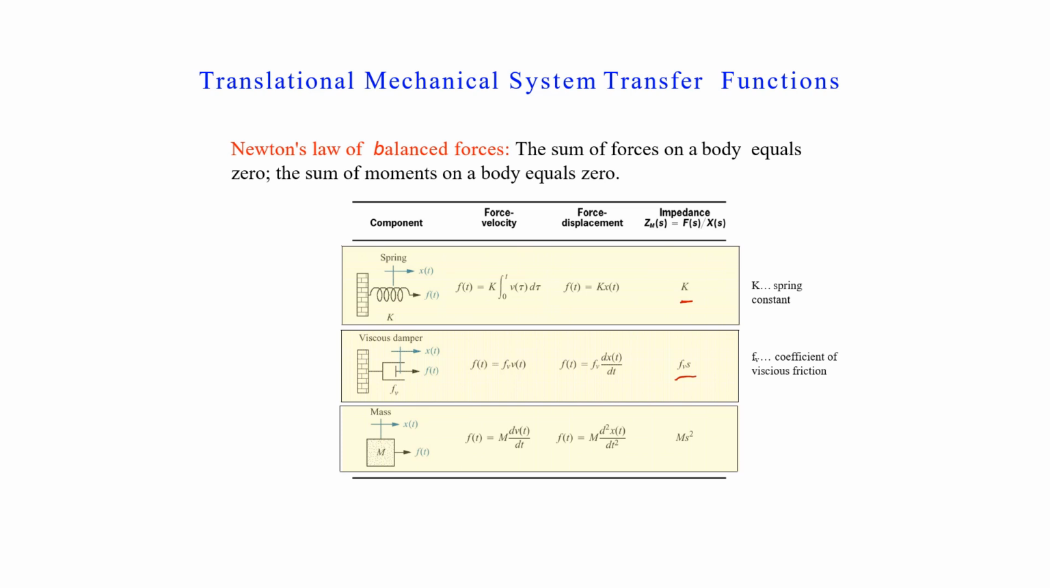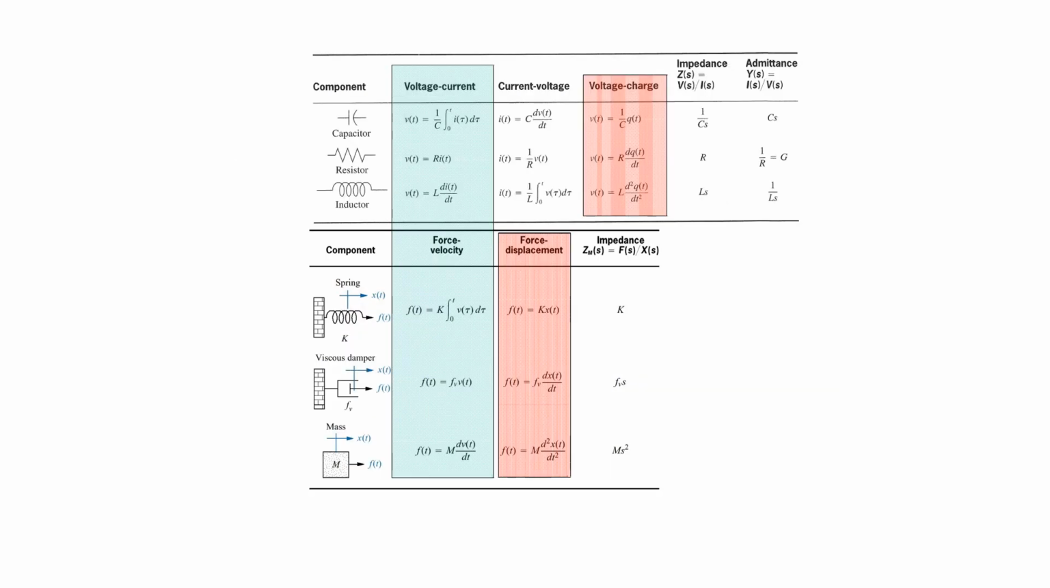We will model the mechanical system by using Newton's law of balanced forces, which states that the sum of forces on a body equals 0. The analogies of electrical and mechanical networks can be studied in detail by comparing the tables. If we compare the voltage-current relationship in the electrical circuits with the force-velocity relationship in the